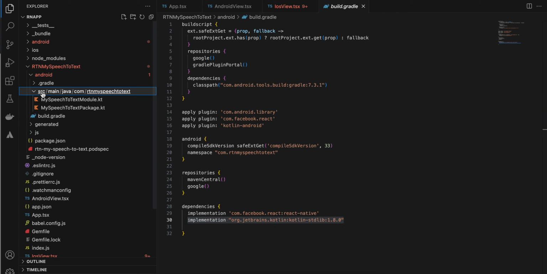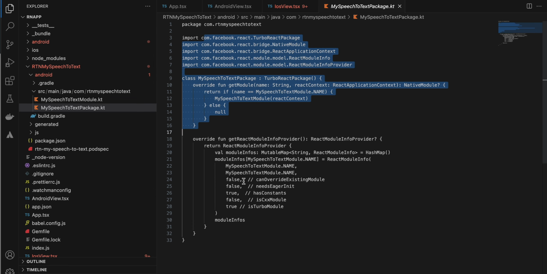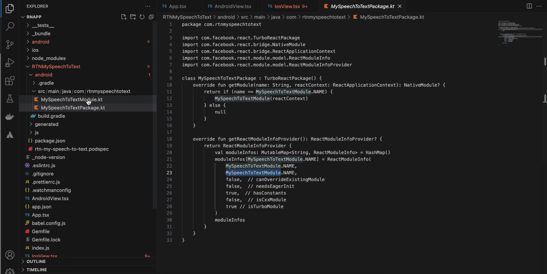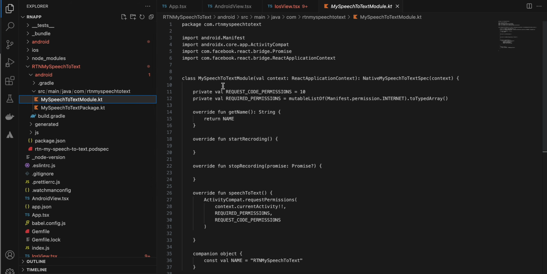Next, inside src I have added main java com rtn myspeechtotext. First create MySpeechToTextPackage.kt. Again this has been copied from docs, only this name has been changed, this has been changed, and this and this has been changed. And next go to MySpeechToTextModule.kt, and here you can see that I'm